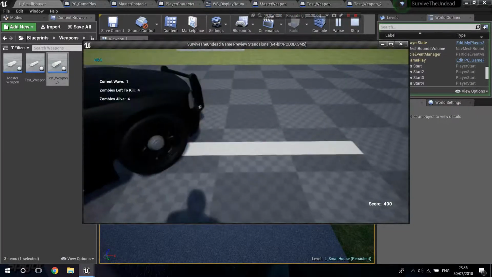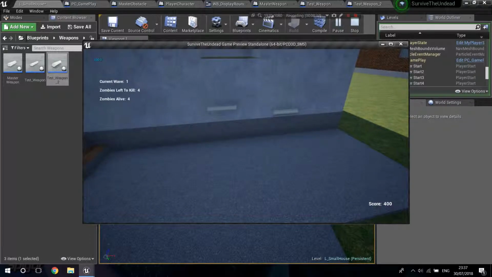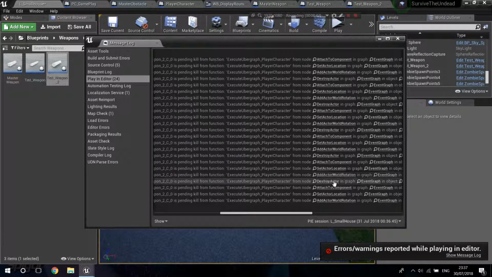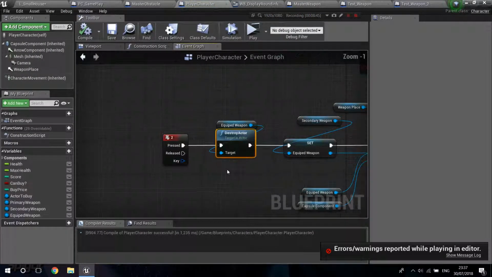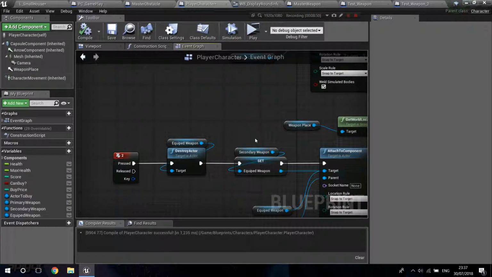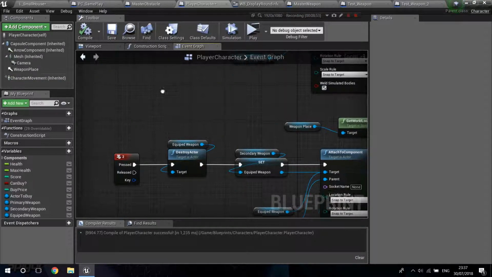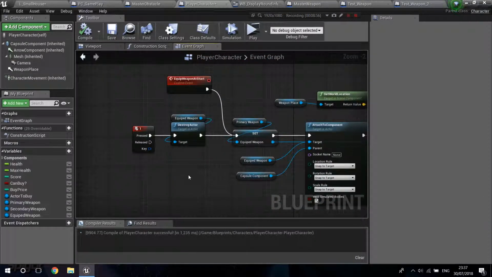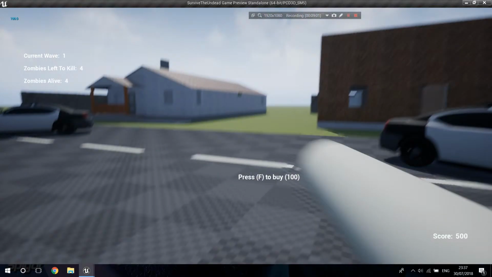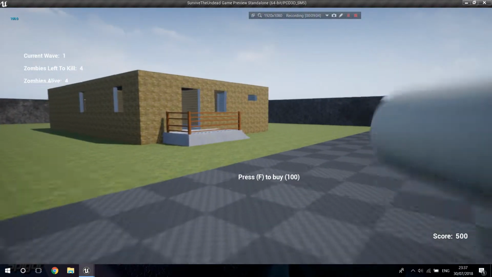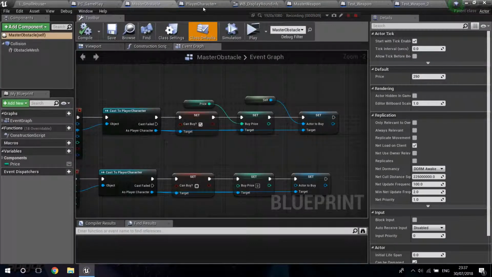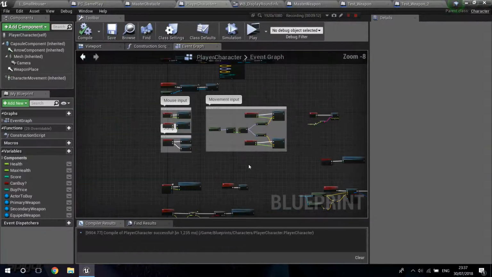okay, that's interesting. We have an error. What is it? Is pending kill. Didn't we set the secondary weapon? Wait. I'm a bit confused. Oh, I know why again. Okay, we're going to have to do something up here. So when we spawn the thing,